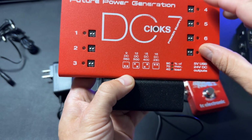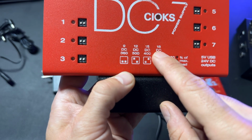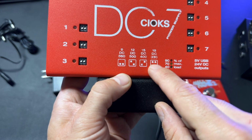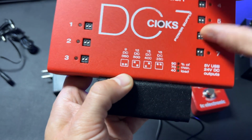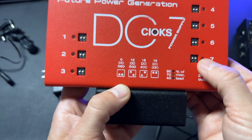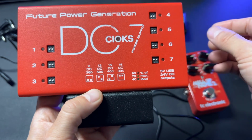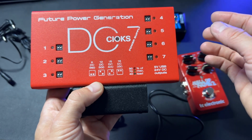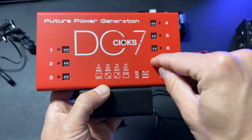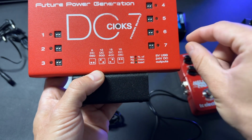What I mean by that is, this says if I want 18 volts, I put the dip switches, both of them, in the up position. So on number 7, both of these are in the up position. That means this is going to produce 18 volts. If I supply an 18 volt pedal with number 7 right here, and then I decide I want to get rid of that, and I want to power this pedal that's 9 volts, and I forget to move the dip switches back to 9 volts, which is the down position,